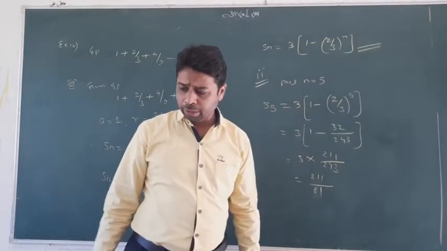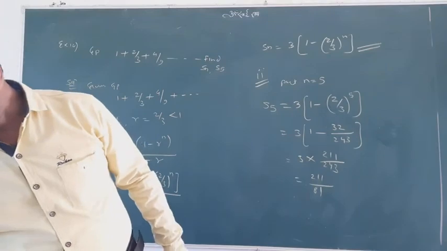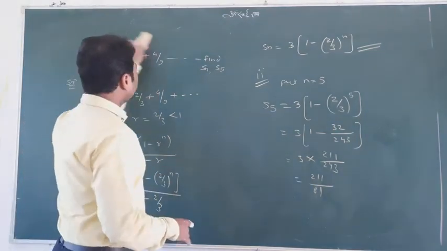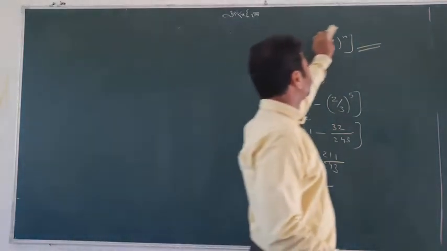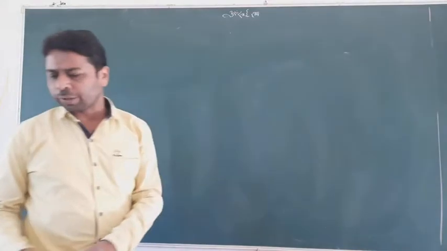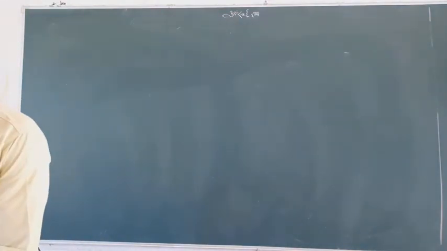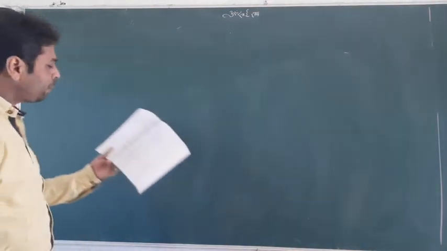So this is a way. It's a very easy way to get it. Let me wrap up. This was a simple formula I used, sum of n terms, and we got both answers. Now, what is the next question? Example number 13 here.